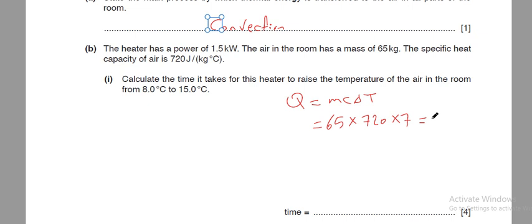So total energy needed to heat the room will be 330,000 joule, and the power equals E over t. So time to get this energy from the heater will be Q over P, which is